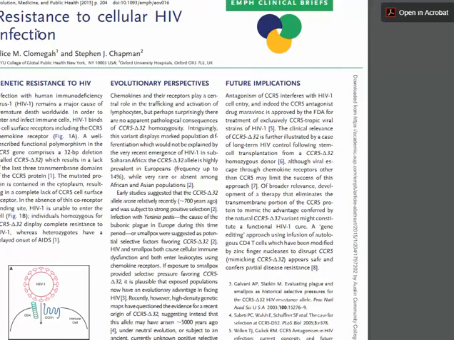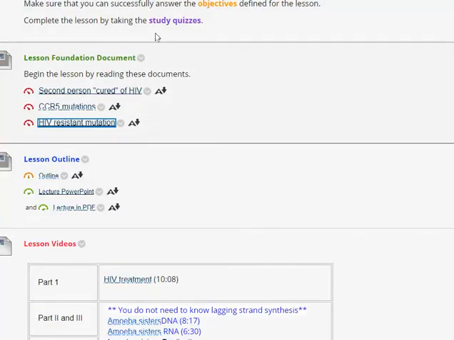For this particular lesson, I really want you to take the time to read the background, the foundational readings that are listed. There are 3 of them. They're all short, but they do a good job of explaining one of the populations of people that have been